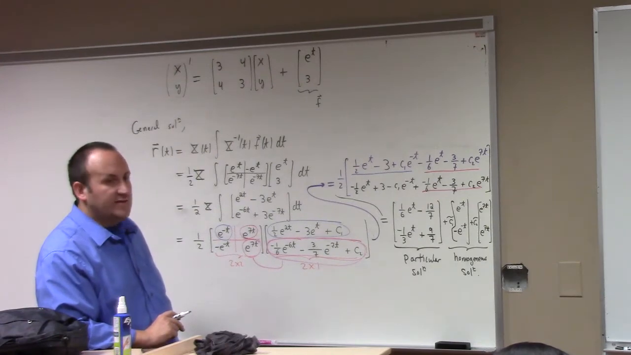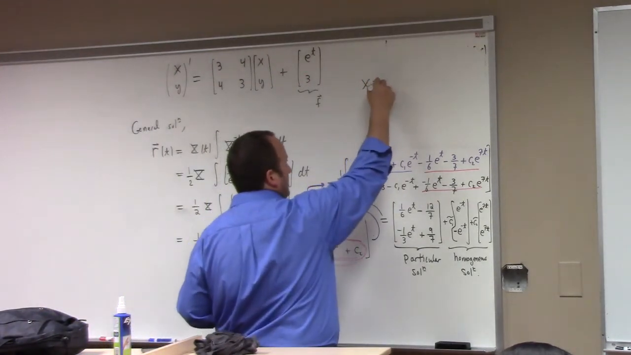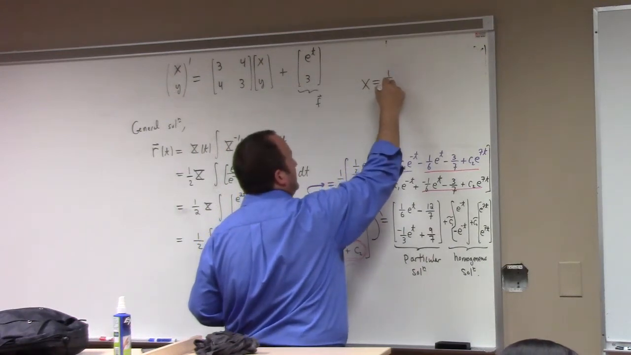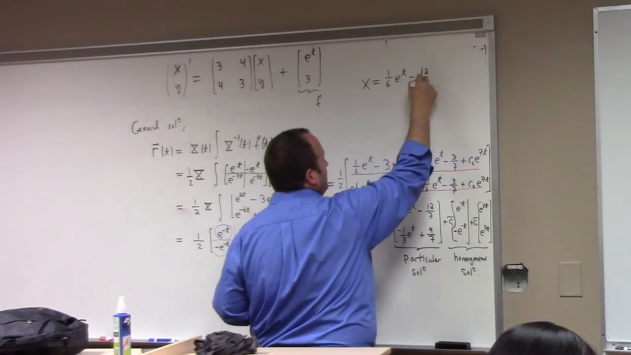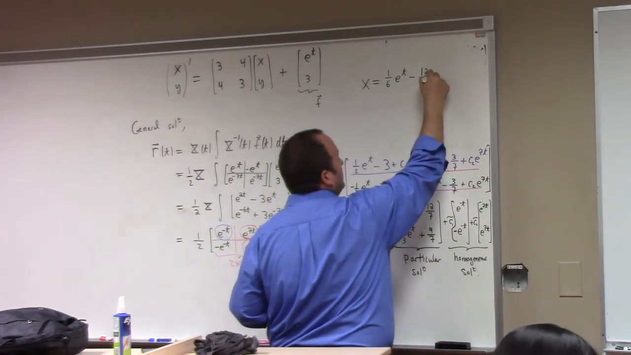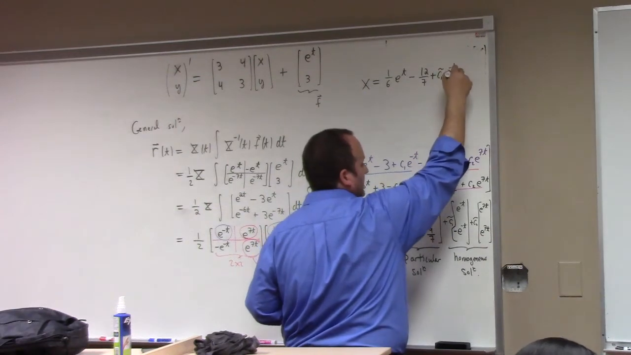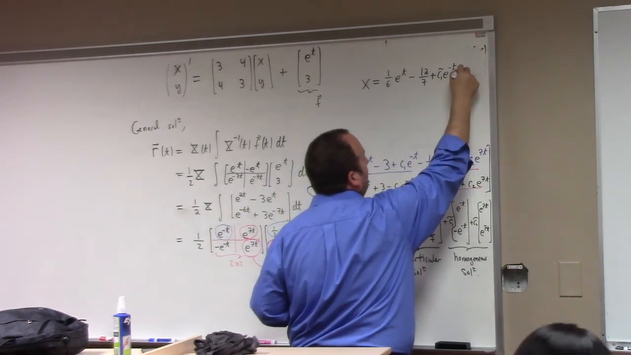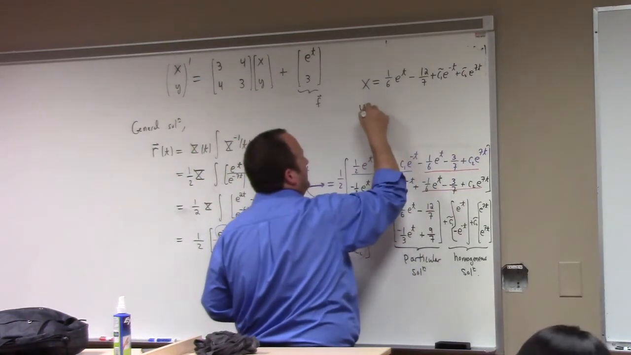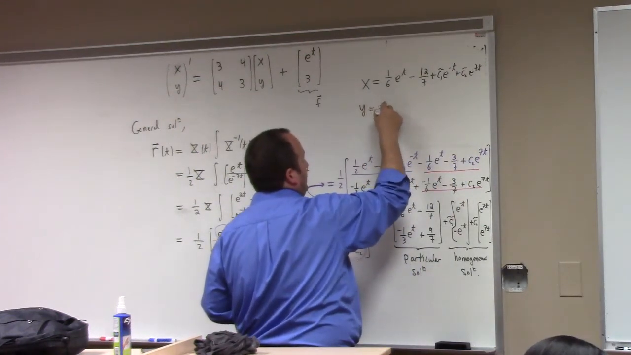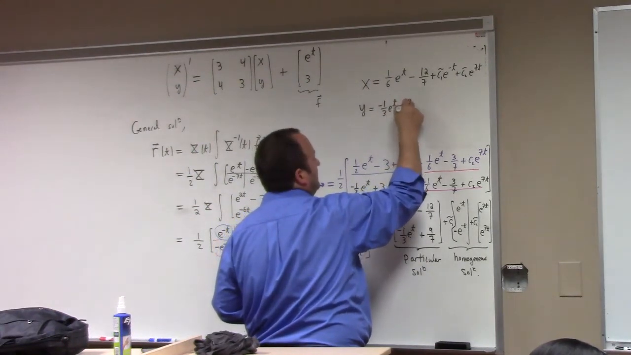What would the scalar solutions be here? So we have x is equal to 1/6 e to the t minus 12/7 plus c1 tilde e to the minus t plus c2 tilde e to the 7t, and y is minus 1/3 e to the t plus 9/7